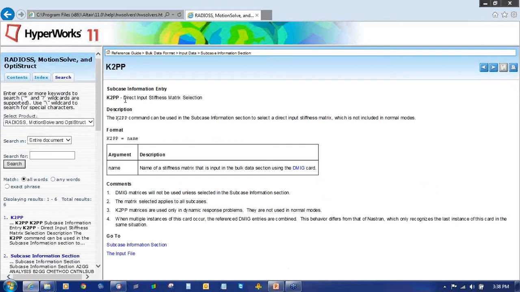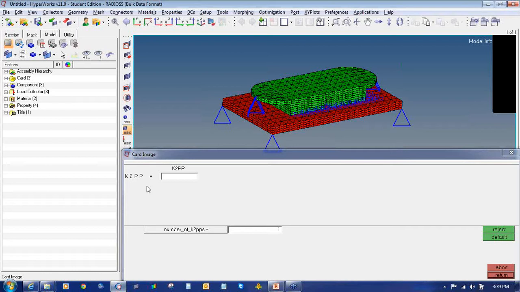So this K2PP is direct input stiffness matrix selection. The K2PP command can be used in the subcase information section to select a direct input stiffness matrix which is not included in normal modes. So we will include it here.